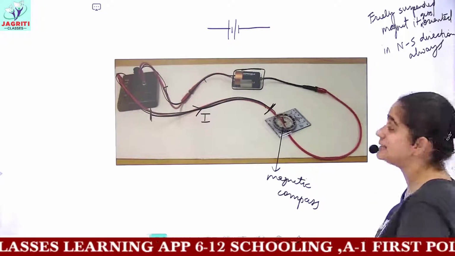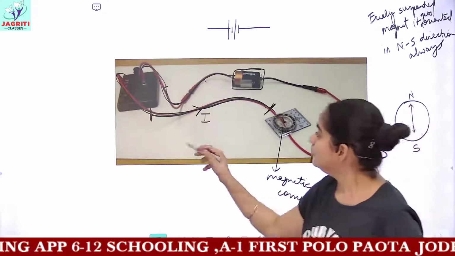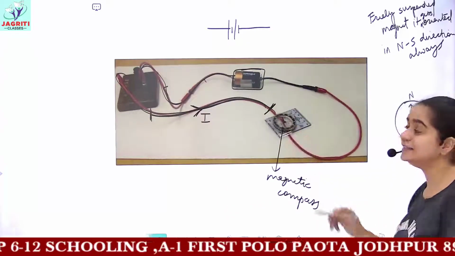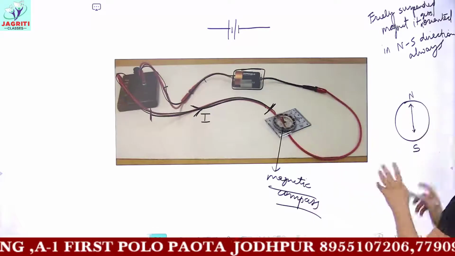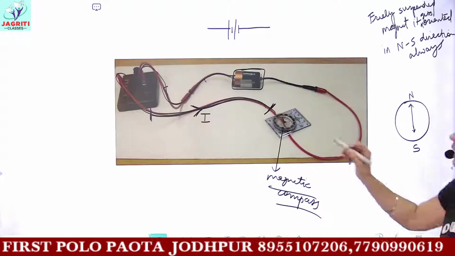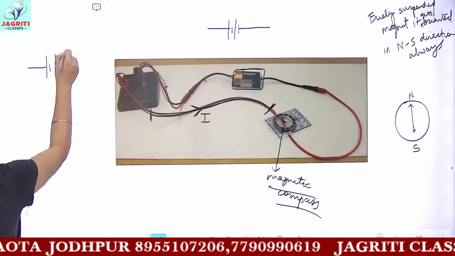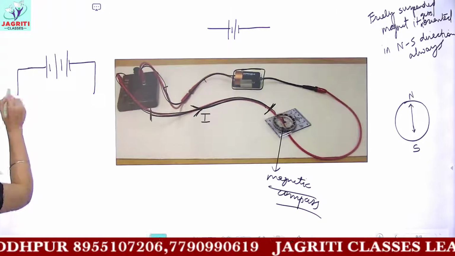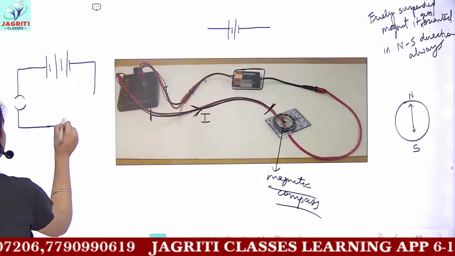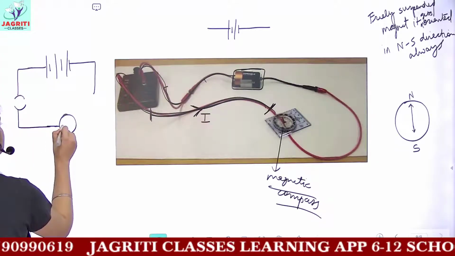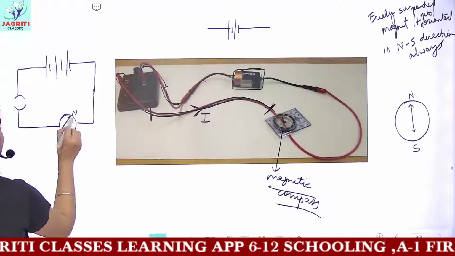So this is the experimental setup performed by Ørsted, and he observed that whenever a current flows through this conductor, the magnetic needle, or the needle of the magnetic compass, which was originally in the north-south direction when there was no supply of current, changes. Let's make a circuit diagram. You can take a battery, then a switch, a key sort of thing, and here I am taking the magnetic compass, which is originally oriented in the north-south direction.